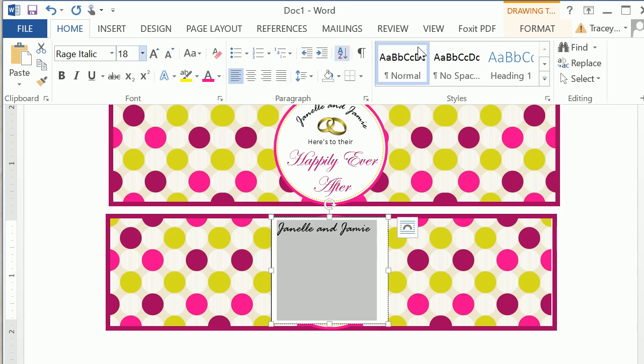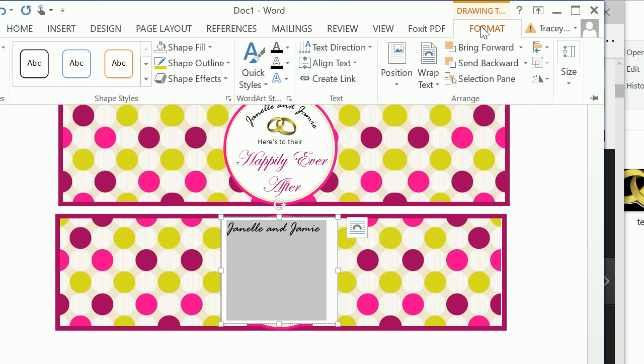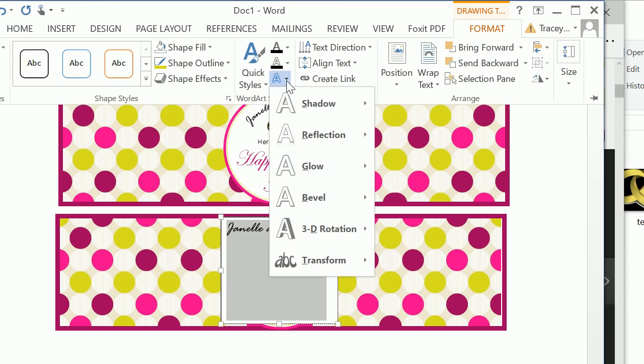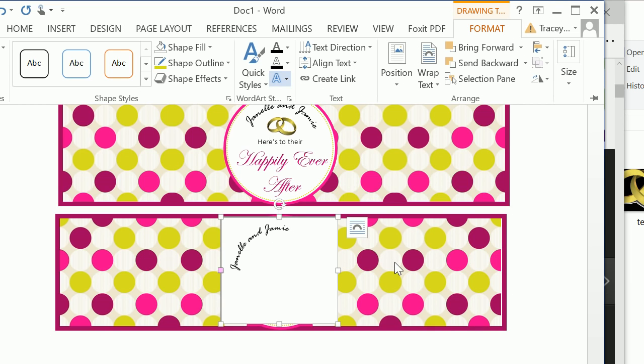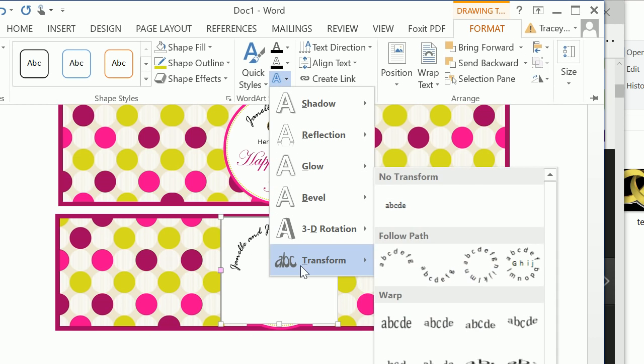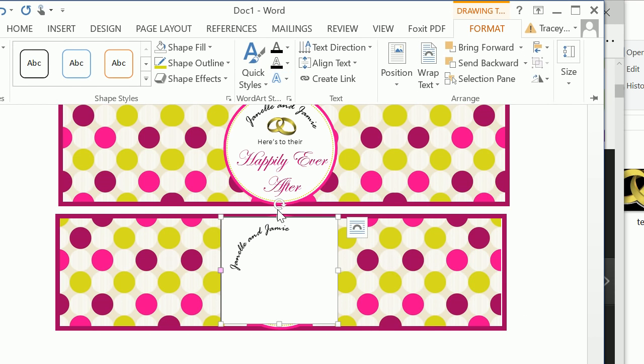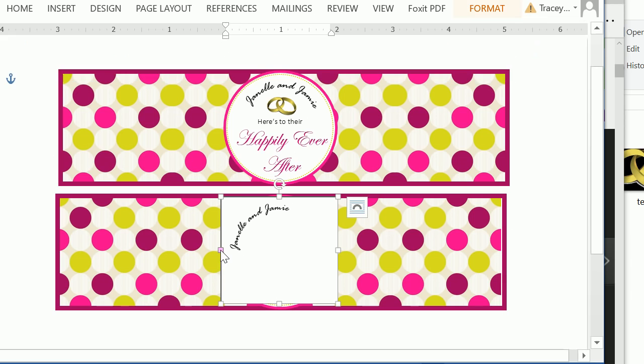And then what we want to do is click on Format. And we want to click on the transformation of the fonts and click on Transform. And what we want to do is select the arch up. Okay, y'all saw where that was. You click on Format, you click down here, Transform, arch up. Okay, so from here, if you click on this pink circle,